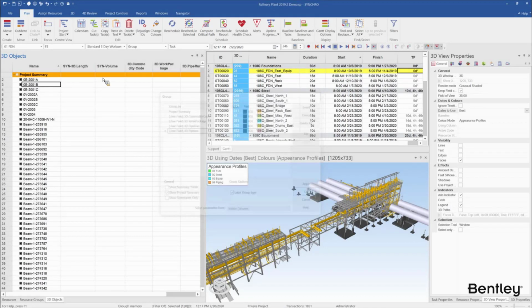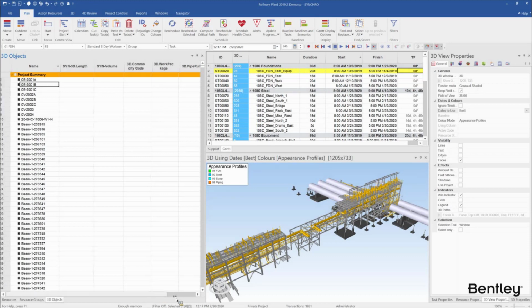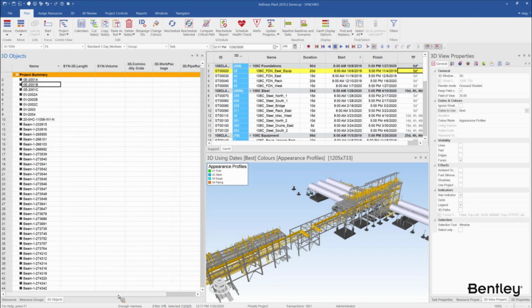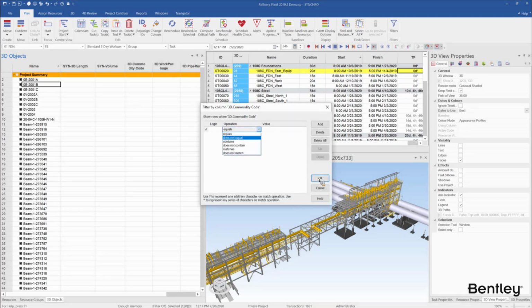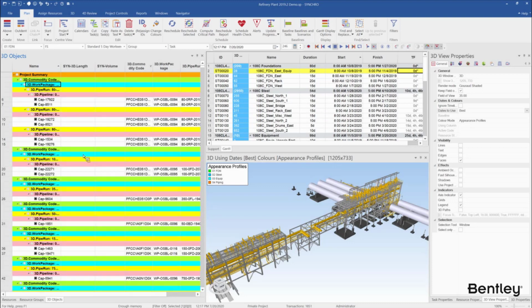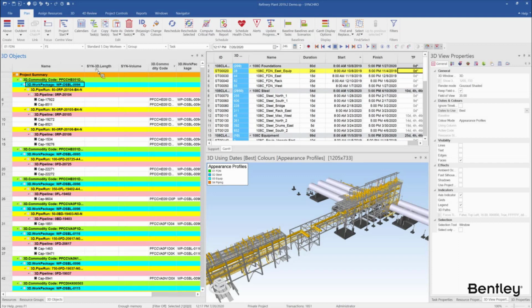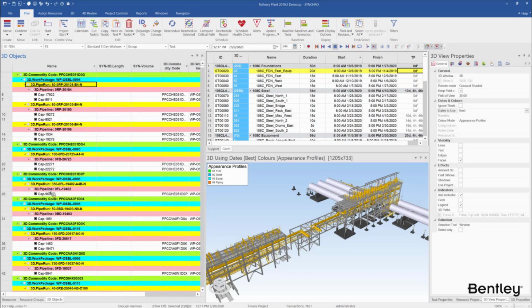Okay, so there's one more thing I need to do here because I'm trying to do it for all disciplines, but what I'm really interested in is only piping. So I'm going to do a filter right here. So we are only seeing maybe only the piping here. Okay, there may be a couple of others. I don't know. So this is just a way I want to show how custom grouping works in